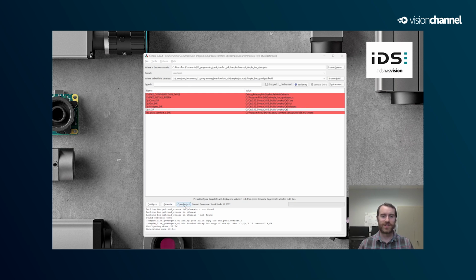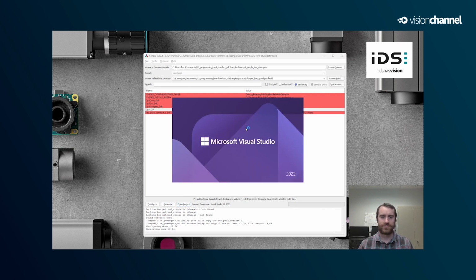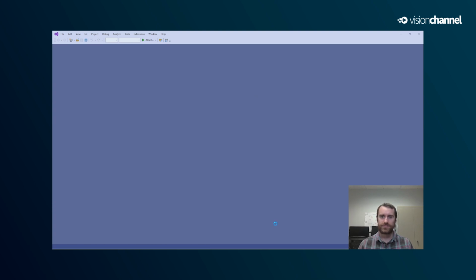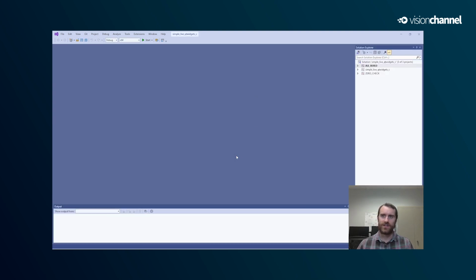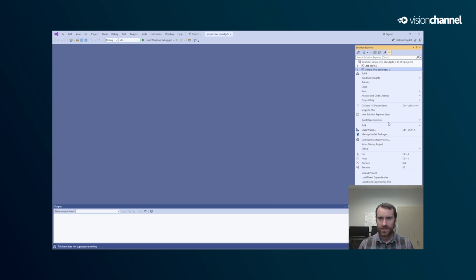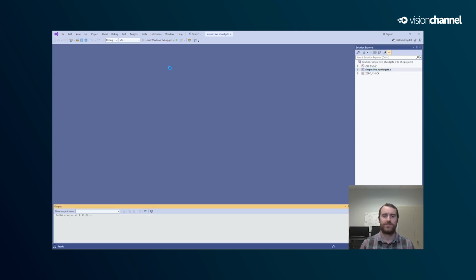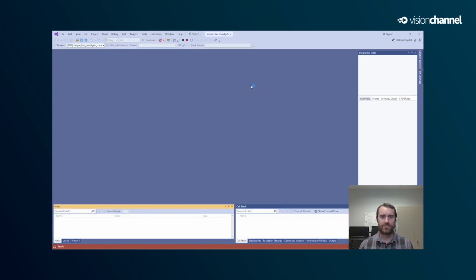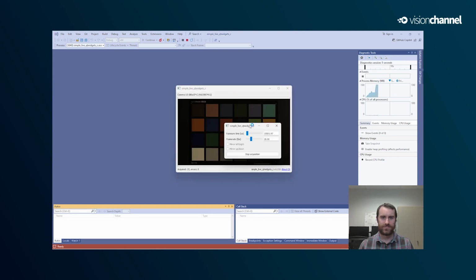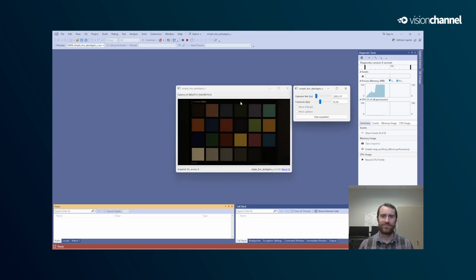Pretty easy. Let's open the project. Now what we need to do here is we need to adjust the startup project to the correctly named project and start debugging. So we'll right-click Simple Live Qt Widgets C here, and click Set as Startup Project. And then let's run it. And we're up and running again. There we go.